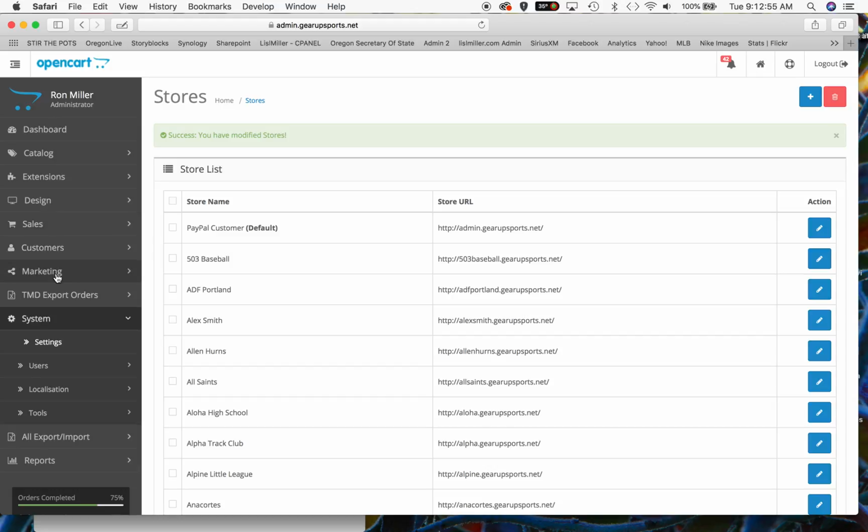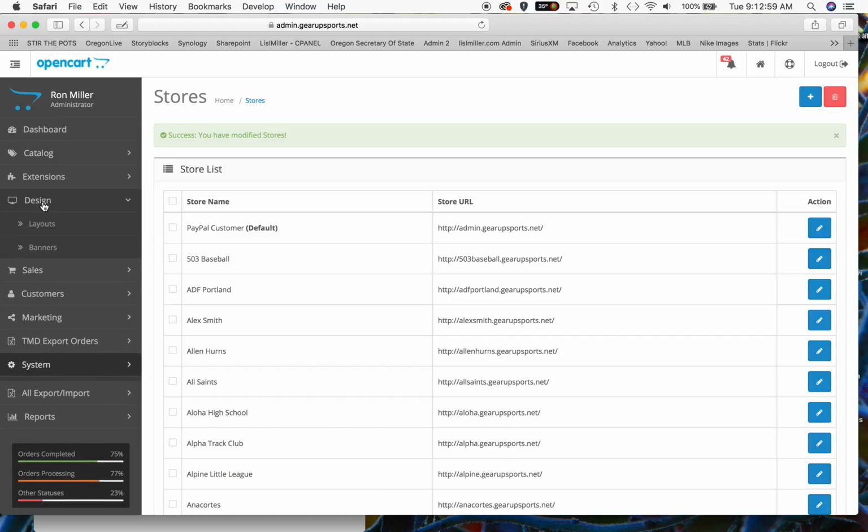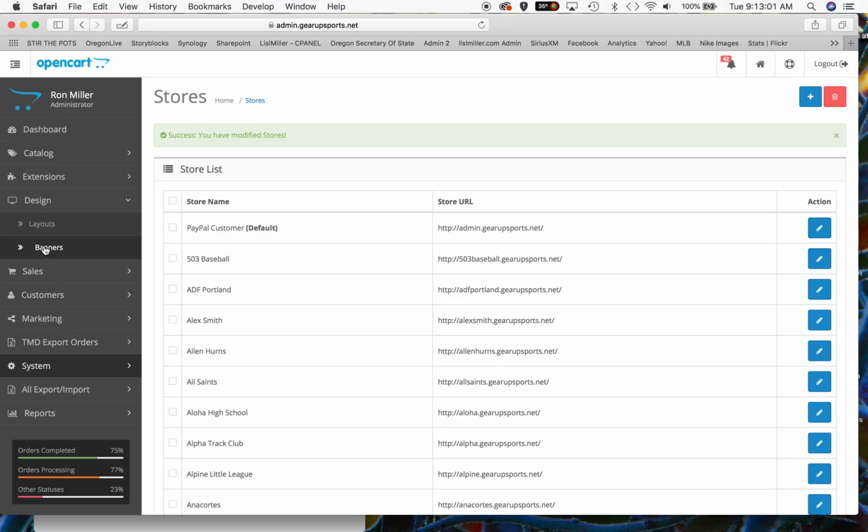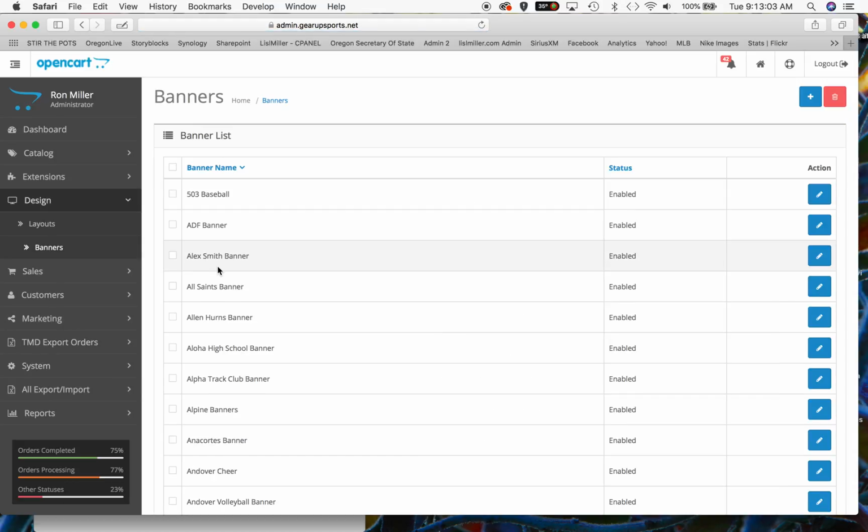Now over here on the left, we're going to go up to design. That's the next stop on this tour. And under design is banners. This is the headers, and we need to assign those to a name and get that set up. So click banners. Now I'm going to go over here into the blue plus and click new